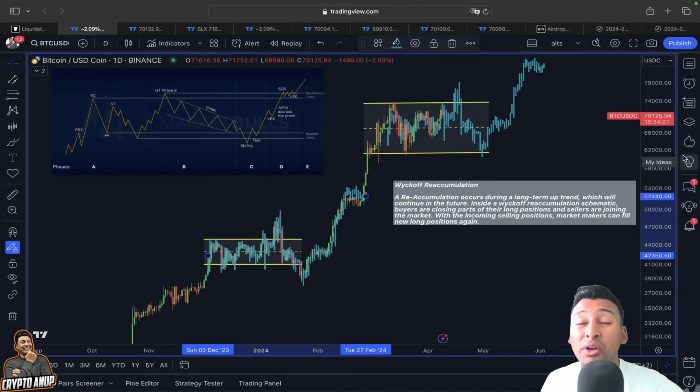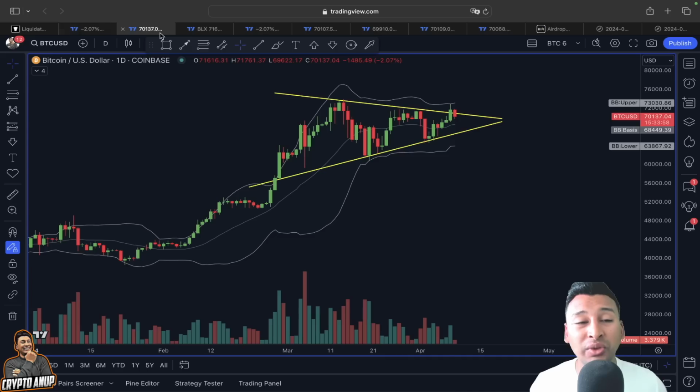So before I start talking about these interesting scenarios which are being flashed, looking at the price action of Bitcoin in a different time frame,